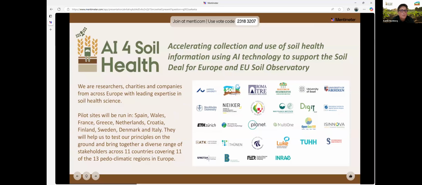There are 3 key objectives, and I won't go into detail because Tom and Ish will cover this much better. One is to build the digital infrastructure that we need. The second is to empower farmers and land managers, providing tools to make it easier for farmers to understand their soil health, but also to monitor the impact of the changes they're making with their practices. And the third is supporting policy and innovation, to help policymakers target their interventions and be able to measure the impact of the interventions.